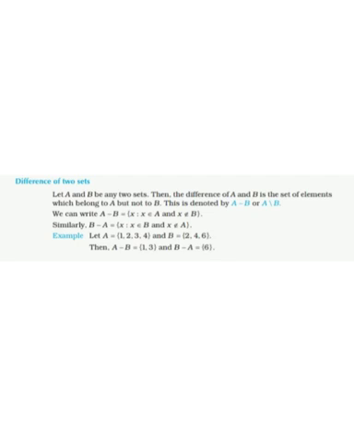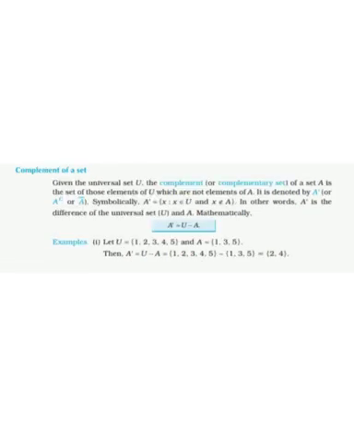Suppose B minus A, the same way. Both common elements, 2 and 4, will be cancelled. In B minus A the first term is B, meaning X belongs to B. So B has only 6. So 6 is the answer. This is the difference of two sets.